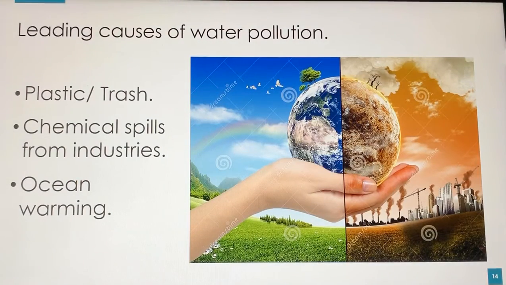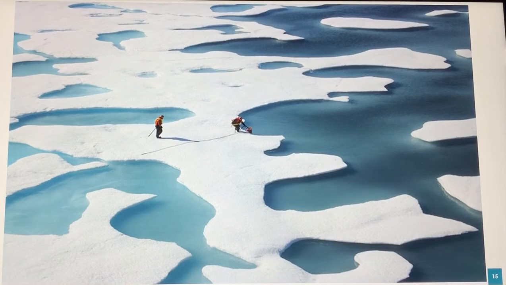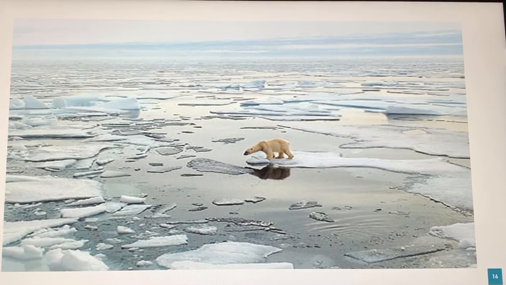Ocean warming. Coral reefs are dying and don't produce the oxygen needed to survive, causing an unbalanced ecosystem. According to the World Wildlife Fund, a small increase of 2 degrees Celsius would destroy almost all existing coral reefs.